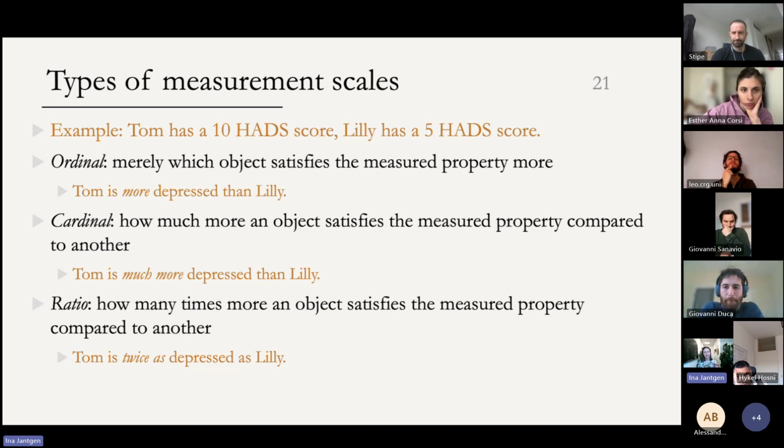Note now that if we are dealing with a property that is measurable only on an ordinal scale, then we cannot meaningfully speak about one group satisfying that property on average more, right? Because to speak about an average, we would have to speak about different objects satisfying that property by some amount more or less. But if it's a property that is only measurable on an ordinal scale, then we can't do that. We can't speak about amounts of that property.